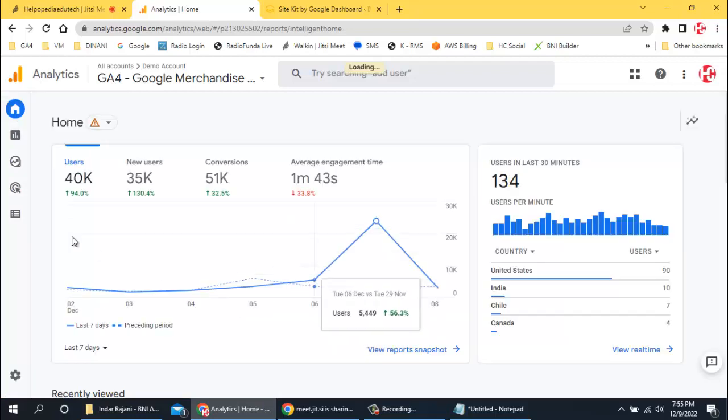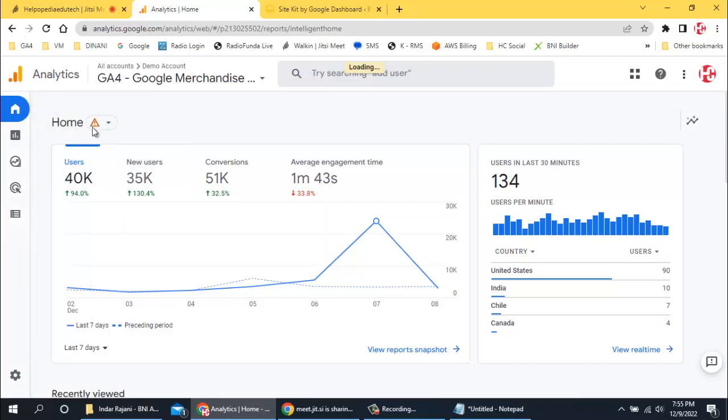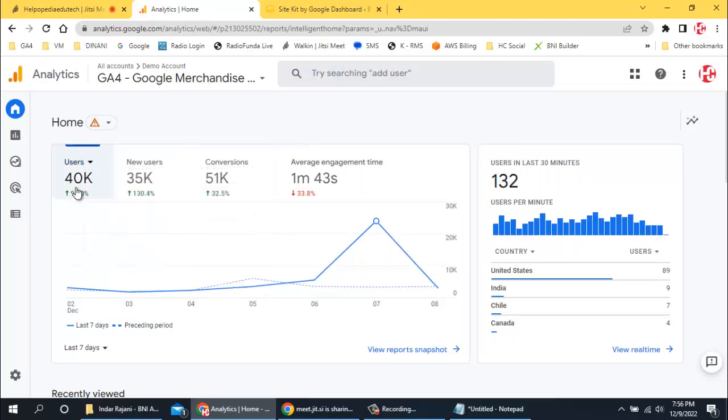So now the first report over here, we have certain reports, and on the home, first we'll see the home. So home will provide the bird's eye view of what's happening on the website, and then we can see everything. So yes, we can see over here users, 40,000 users, and new members, 35,000 members, conversions,